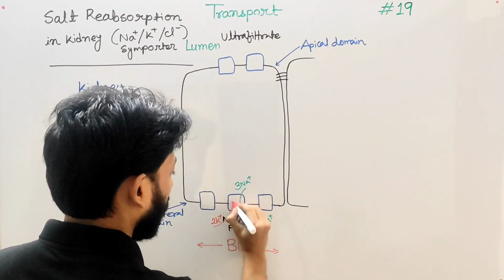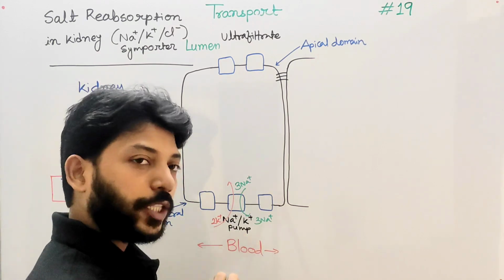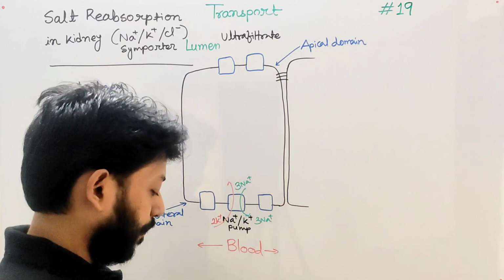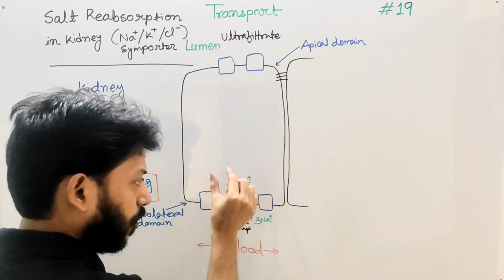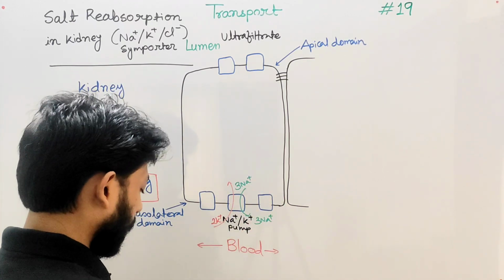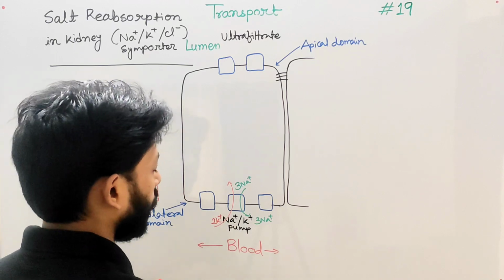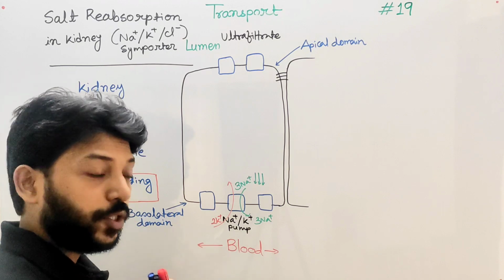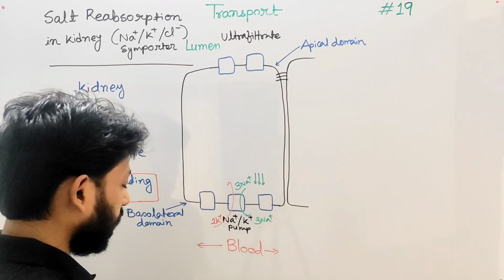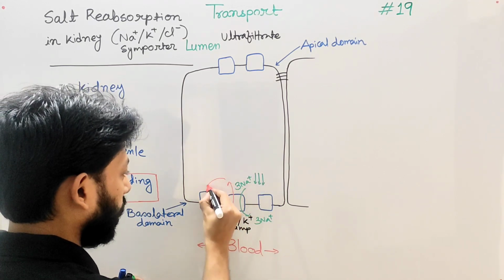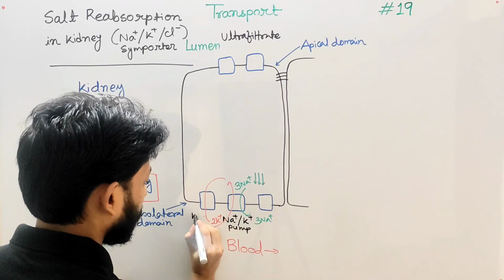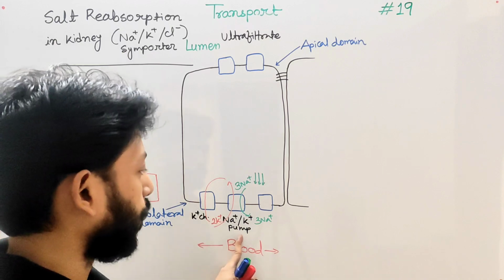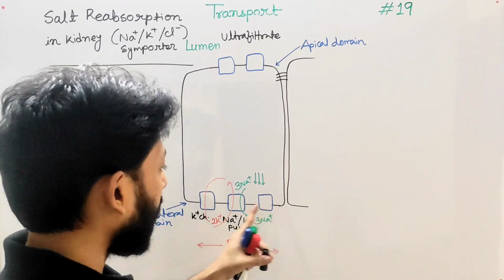2 potassium ions enter. This pump generates an electrochemical gradient of sodium in the cells. As you can see, as sodium is coming out of the cells, the concentration of sodium is low inside the cell. Okay, remember this. The concentration of sodium is low inside the cells. Now potassium can move out of the cells through potassium channels. So in the basolateral portion there is an abundant amount of sodium potassium pump, there is a potassium channel, and this is